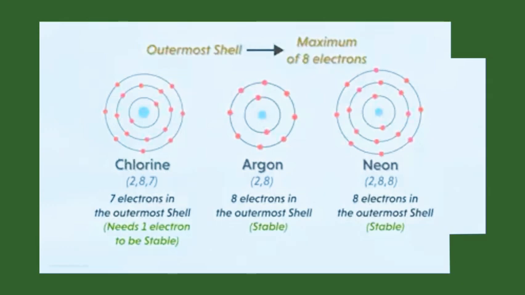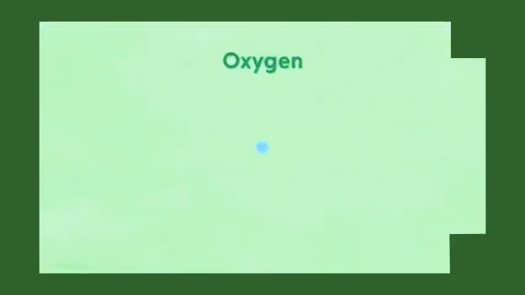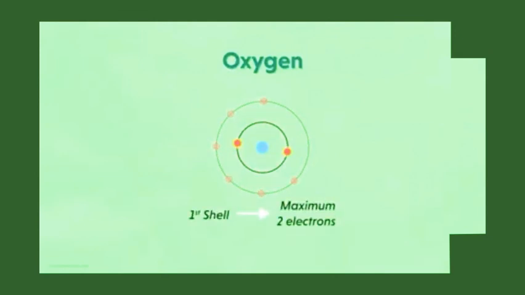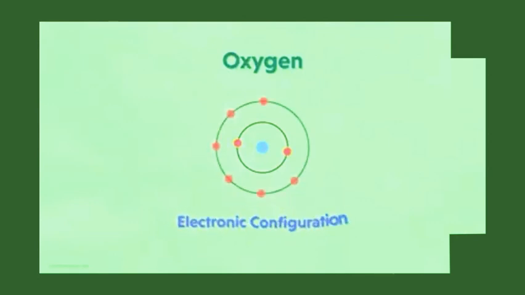However, it's not possible for all to have 8 electrons in the outermost shell. Imagine the case of oxygen. It has a total of 8 electrons. So can we just have one orbital around the nucleus containing all the 8 electrons? Absolutely not. In fact, according to the rule, we have to fill 2 electrons in the first and the remaining 6 electrons in the second shell, because the capacity of the first shell is to accommodate a maximum of 2 electrons. So can we say that the electronic configuration of oxygen is 2, 6?